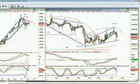But if there is a pullback, and that pullback takes out the support line. That's the support line that has a trend line support at 1923.5. Well, today's low was 1923.75. It says be very careful on the long side, because we could start to accelerate down. If we take out 1922, 1921 support, this is a real good chance that 1918, the 200-period exponential moving average,